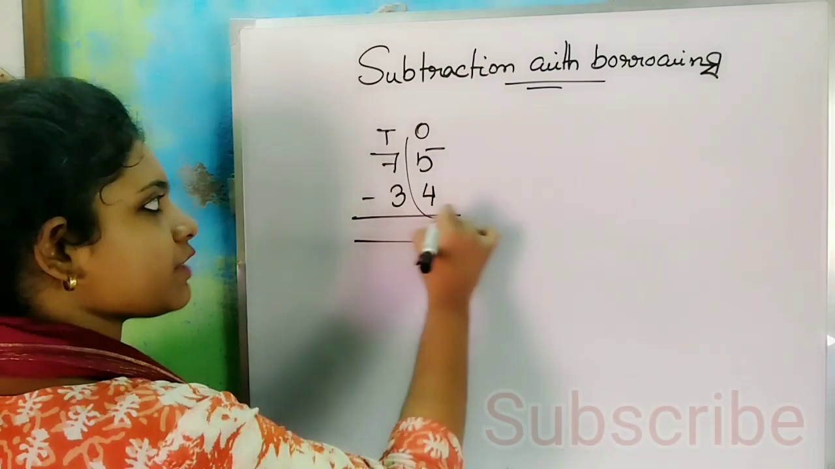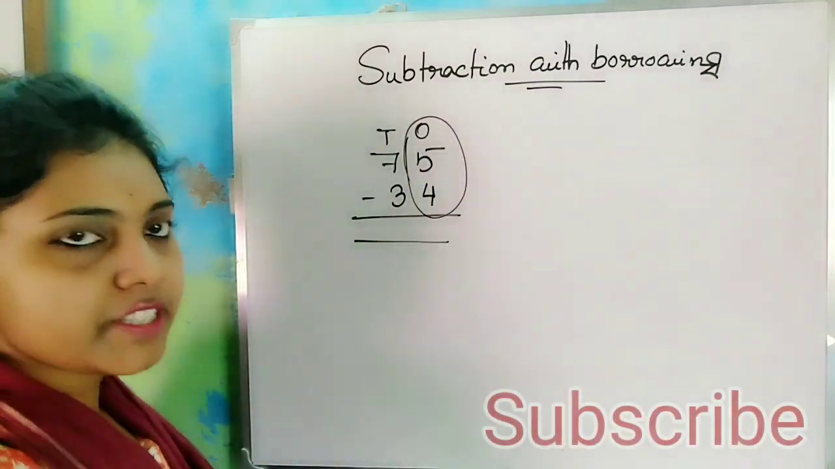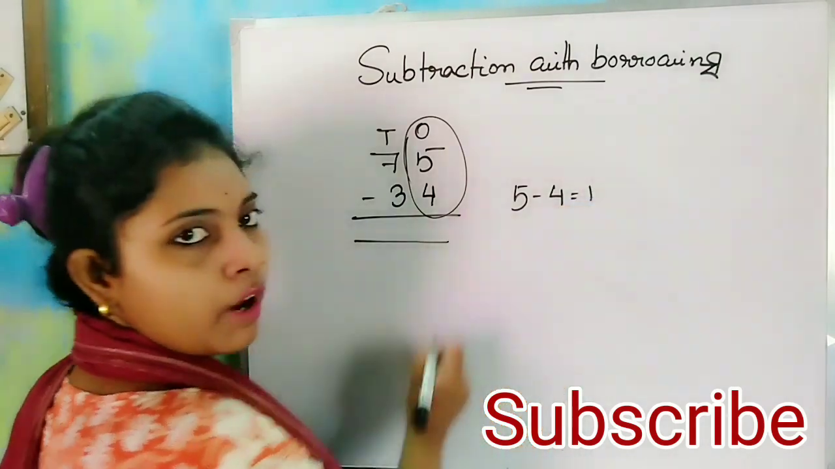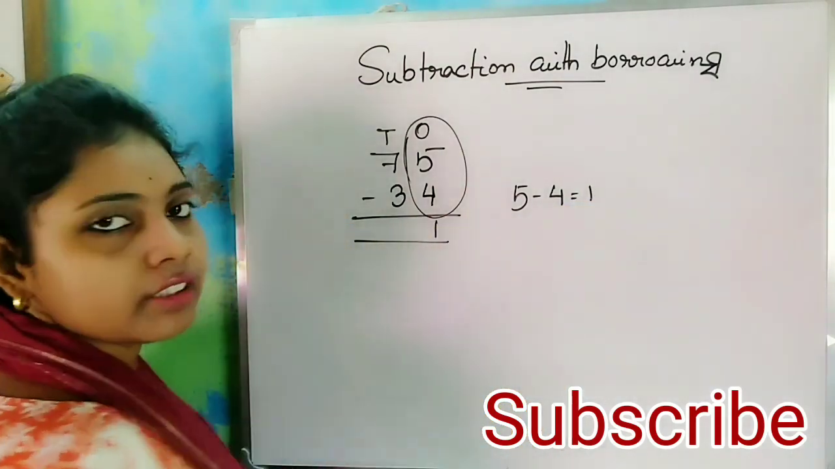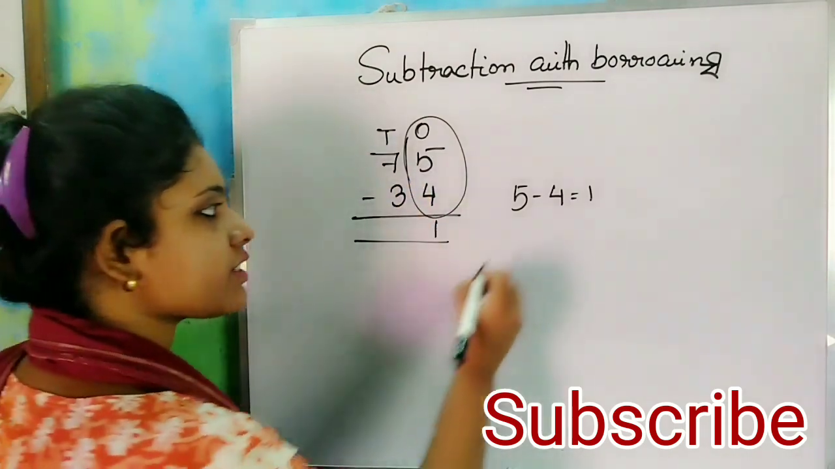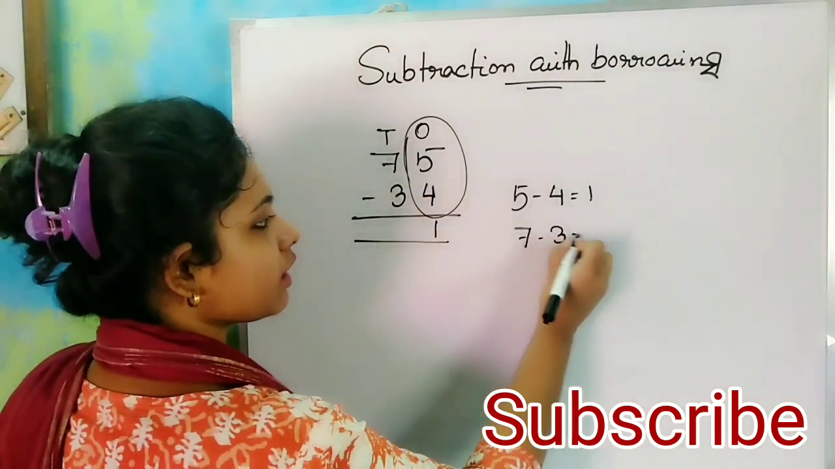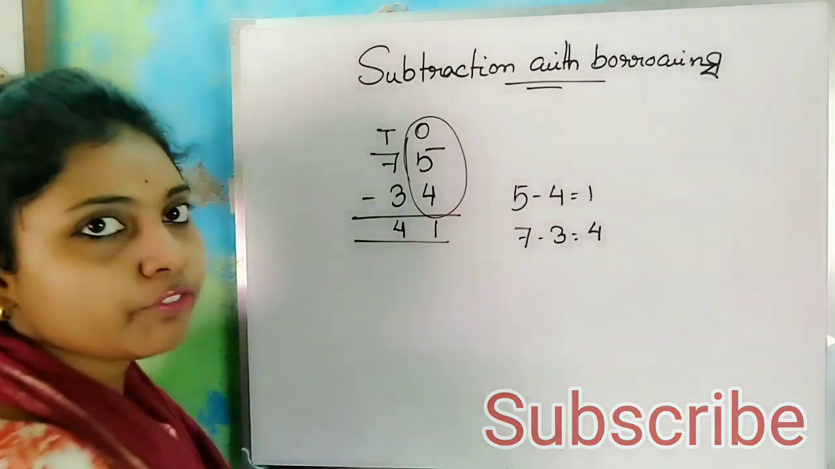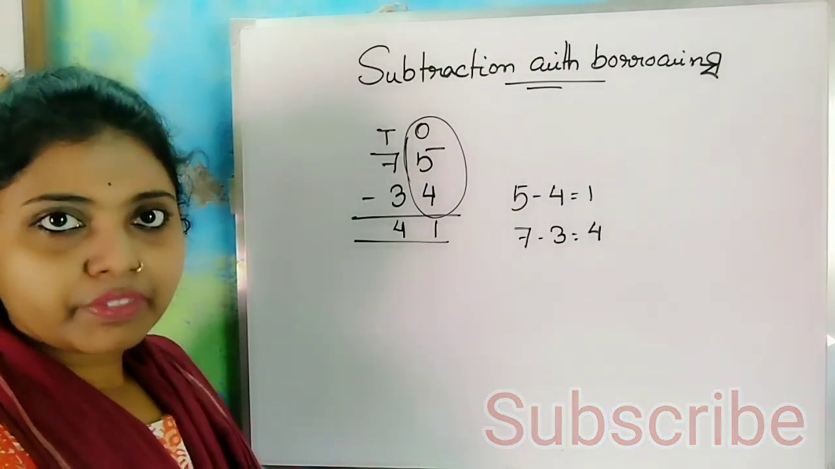So at first we have to subtract the ones place digits. 5 minus 4 equals 1. So we write 1 here. And next we have to subtract the tens place digits. 7 minus 3 equals 4. So 41 is the answer. But